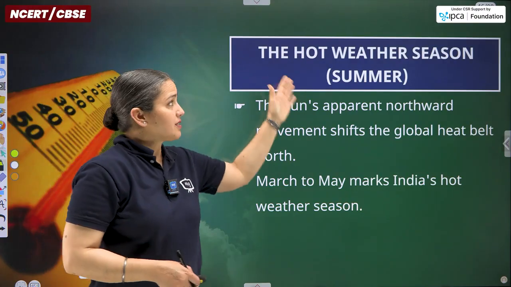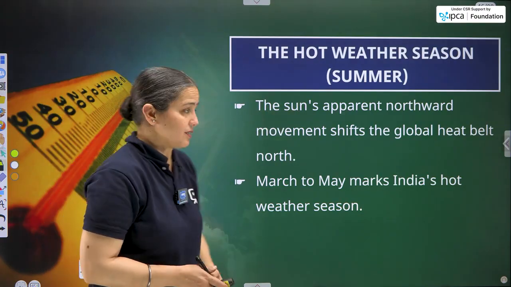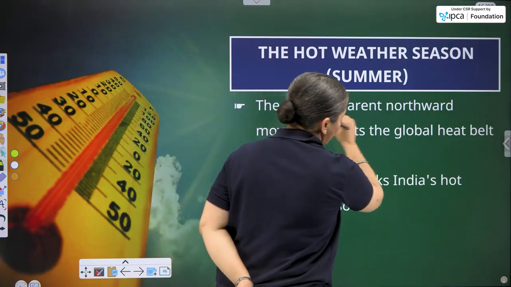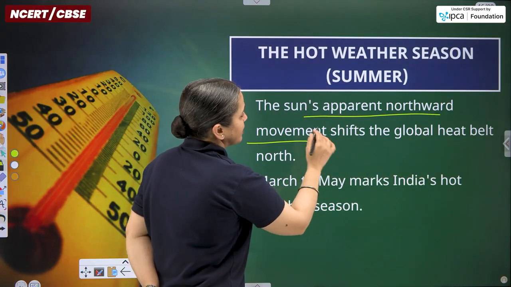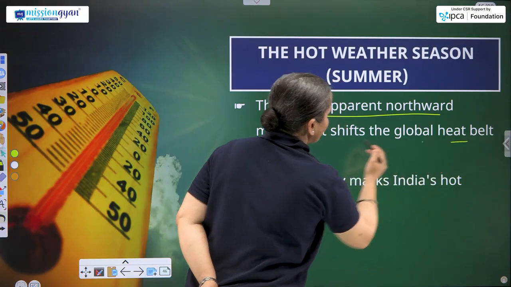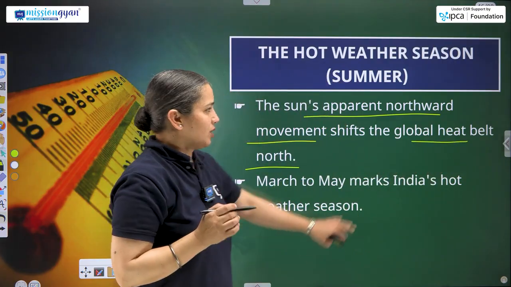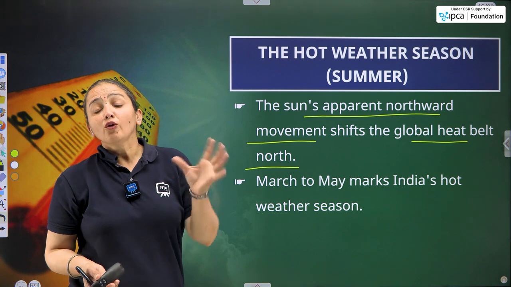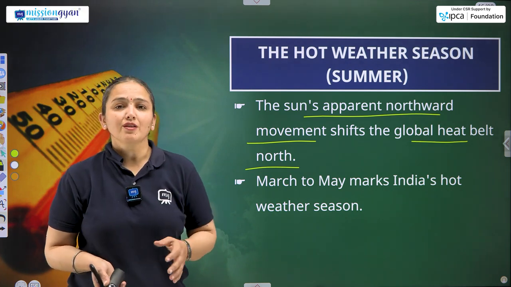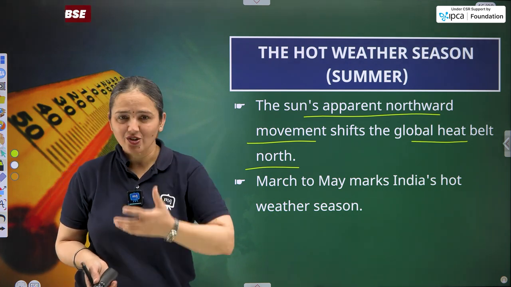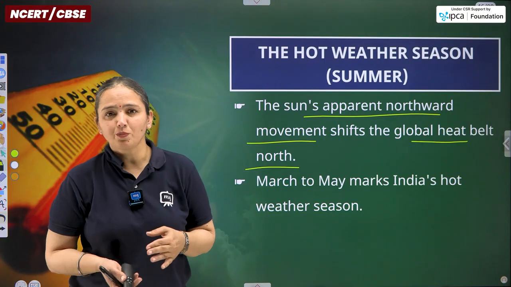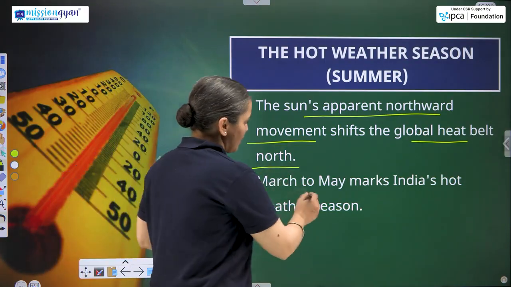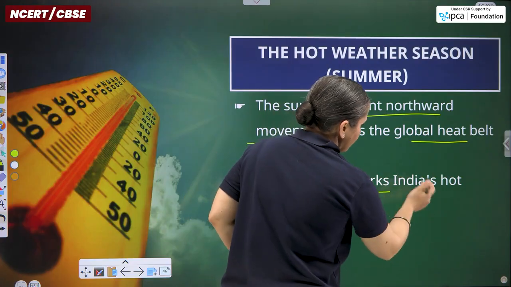Now, the summer season, also the hot weather season. Duration and other features. The sun's apparent northward movement shifts the global heat belt north. Globally, meaning internationally, the northern hemisphere experiences the summer season, and the duration is from March to May, and that marks